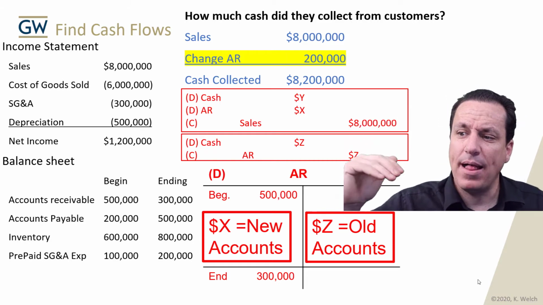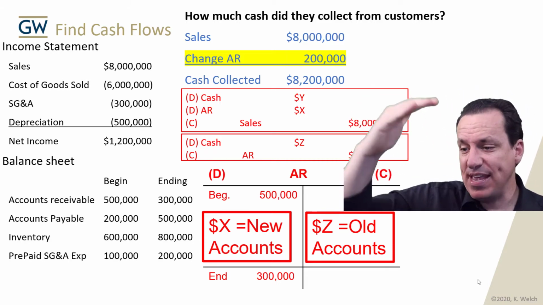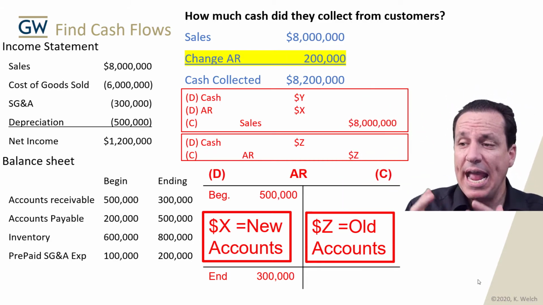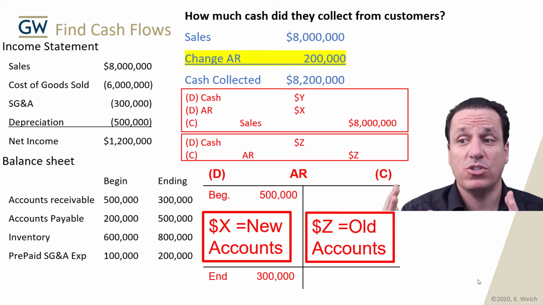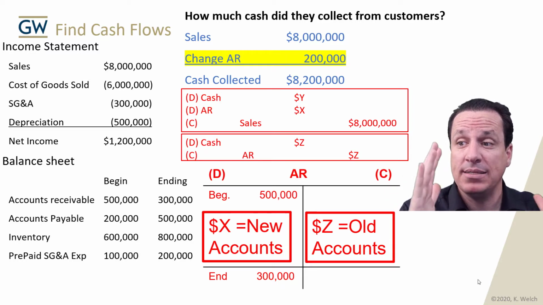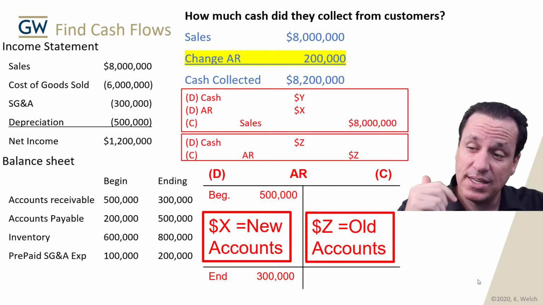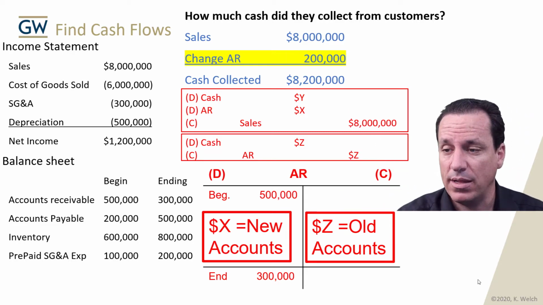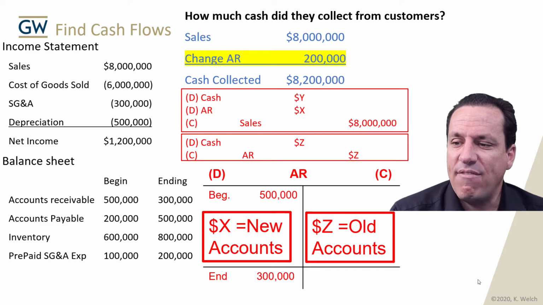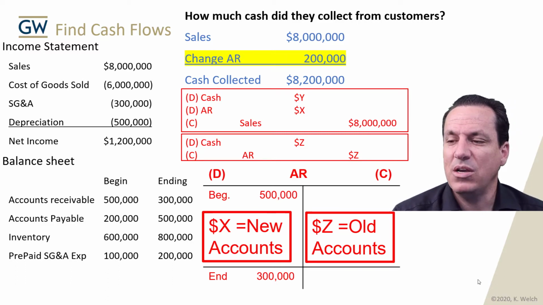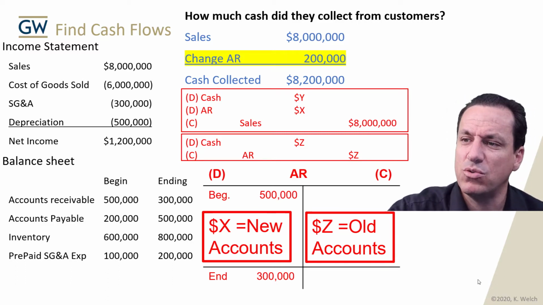And we have the beginning balance of 500,000 and we have the ending balance of 300,000, and accounts receivable is an asset. So it's always going to maintain a debit balance in the account. So it's an asset. We debit it to increase the balance and credit it to decrease the balance. And we have X equals the new accounts and Z equals the old accounts. And this makes sense, right? Because